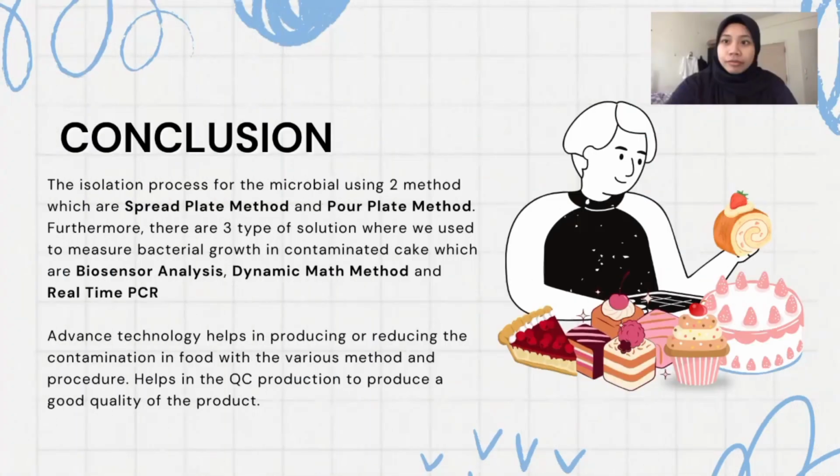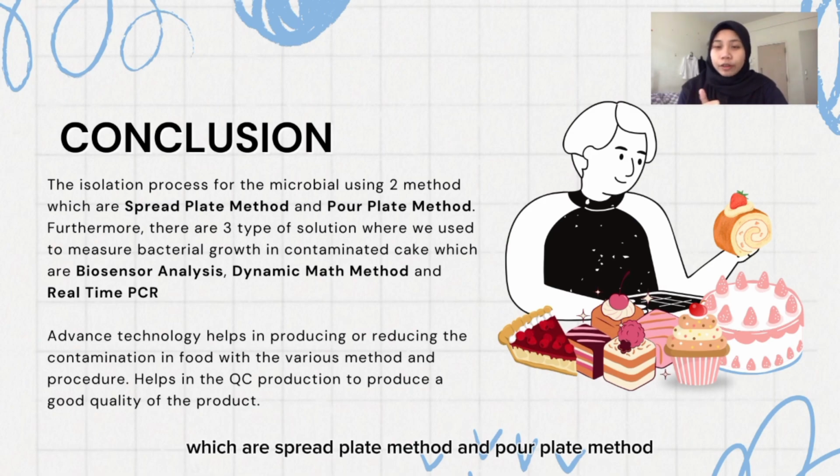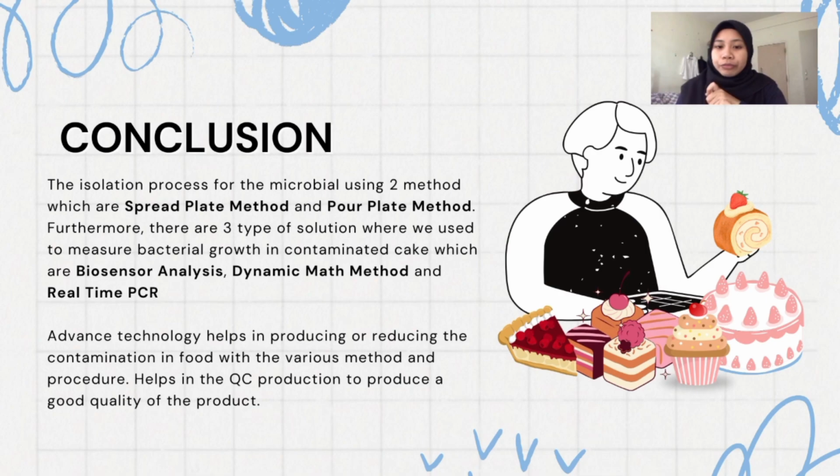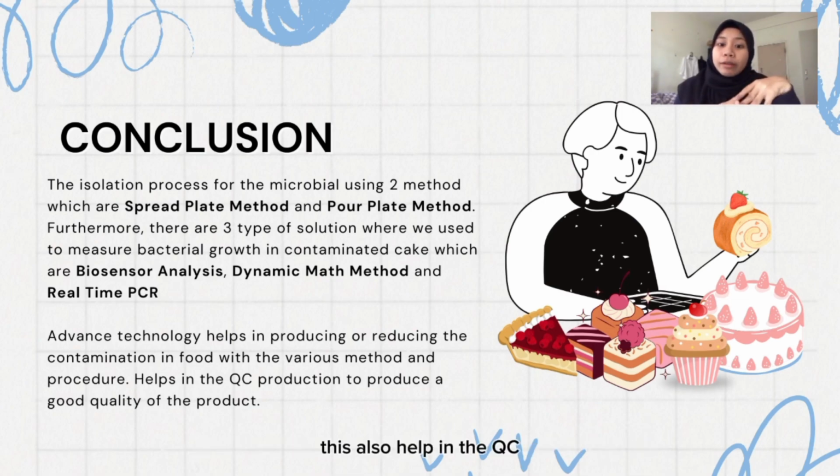So in conclusion, the isolation process for microbes uses two methods, which are the spread plate method and also the pour plate method. Furthermore, there are three types of solution we use to measure bacterial growth in contaminated cake, which are biosensor analysis, dynamic method, and also real-time PCR. Advanced technology helps in reducing the contamination in the food with various methods and procedures. This also helps in the QC production to produce a good quality